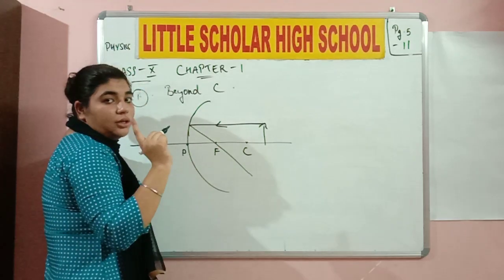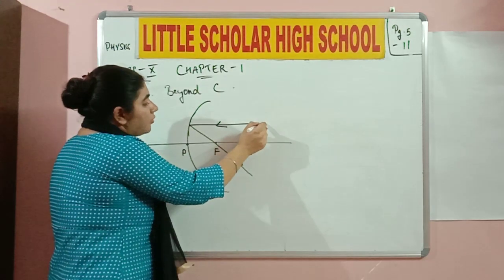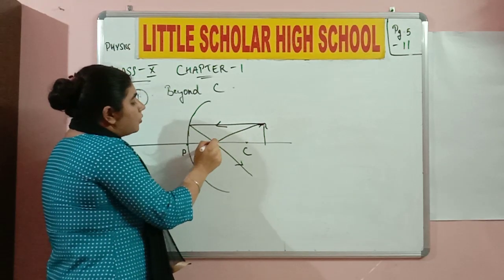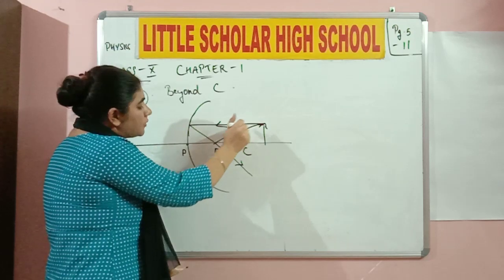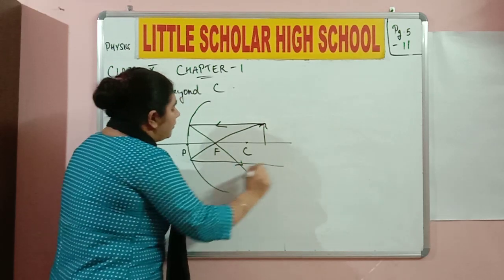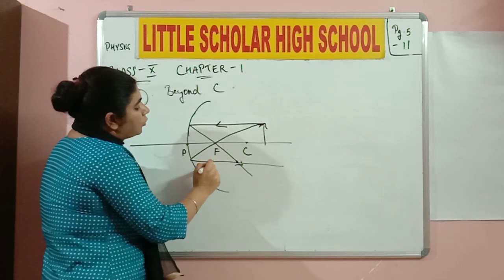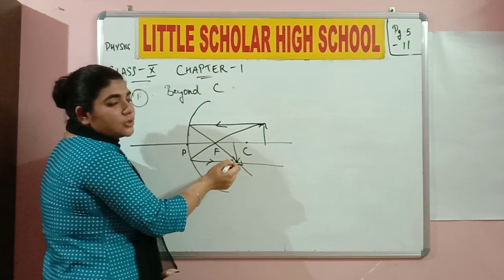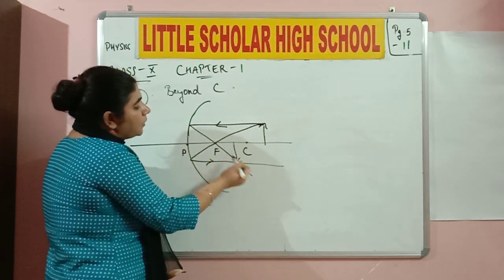Now the second ray, which is also coming from the tip of the head, is going to pass through the focus. So as per my rule number 2, if the incident ray passes through the focus, the reflected ray is going to be parallel to the principal axis. Do you see an intersection point over here? This intersection point shows me the head of the image, of course. The base of the image is going to be on the principal axis and it is going to be inverted.